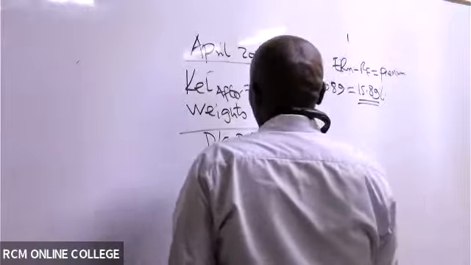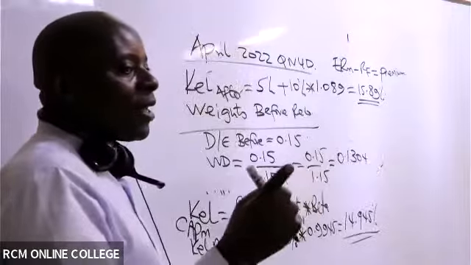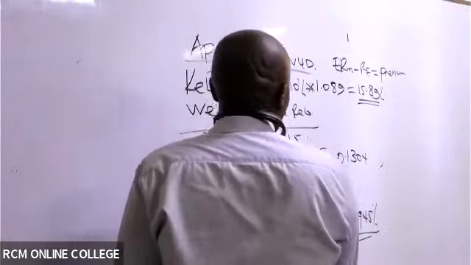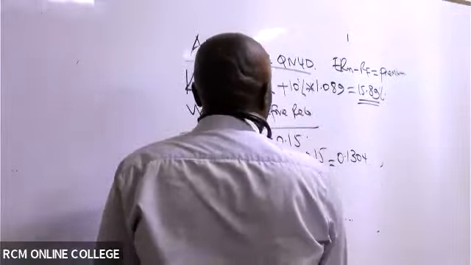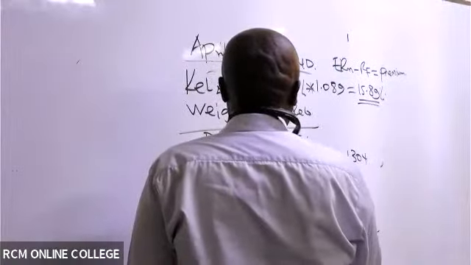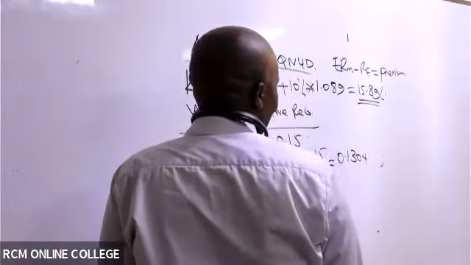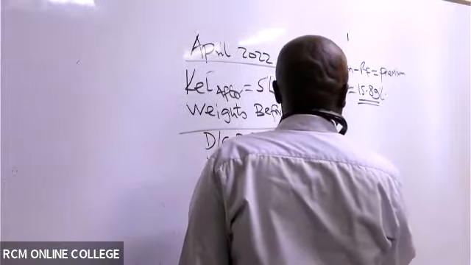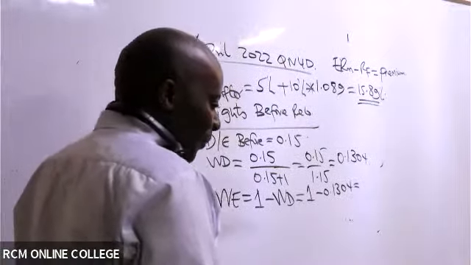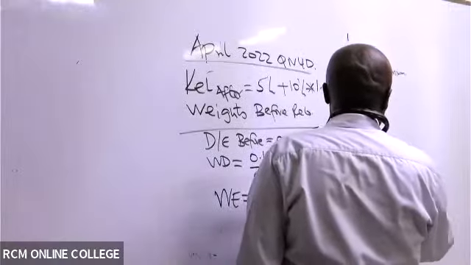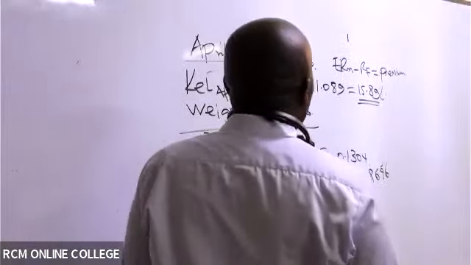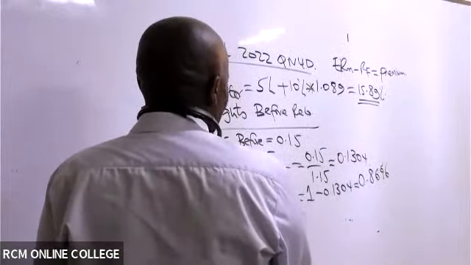0.1304. So having gotten weight of debt, what do you think will be the next thing to be found? Yeah, weight of equity, which will be 1 minus this, isn't it? Great. I love this. So go ahead and give me weight of equity, which will be 1 minus weight of debt. Which will be, ladies and gentlemen, 1 minus 0.1304, which will end up giving me what figure? 0.8696.